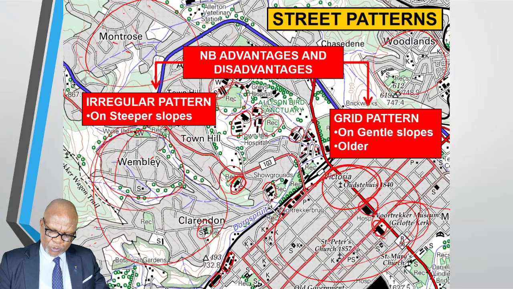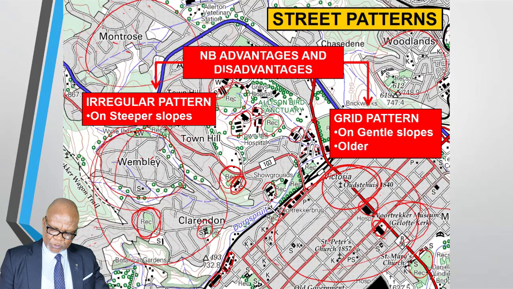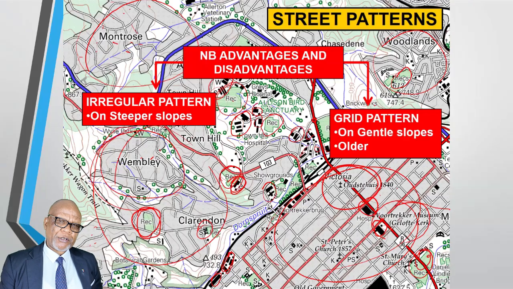They could locate anywhere. They could locate inside, around the buildings. They can be found in the middle. So you can see this recreation here. It's just found in the middle of this gray area here. You can see this recreation here is found on the outskirt. You can see this one as well is found on the outskirt. You can see this one is found here in the middle. So recreation is not a land use zone because it's not found in a particular area, but it's found everywhere